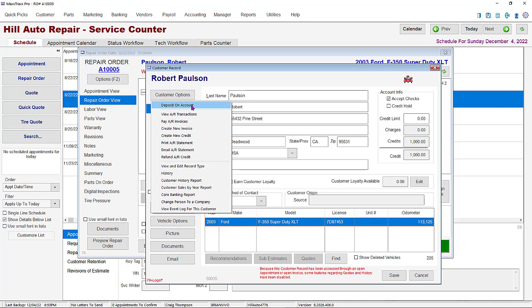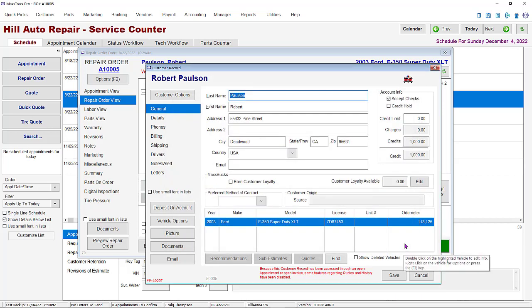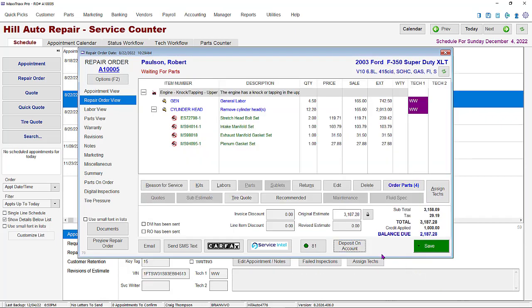This opens the same Deposit on Account window. Add the deposit and other information and click OK when done. The difference when doing this action from the customer record is that you will not have the option of applying the deposit to the individual repair order. To apply this deposit to a repair order, go back to the repair order and click on the Deposit on